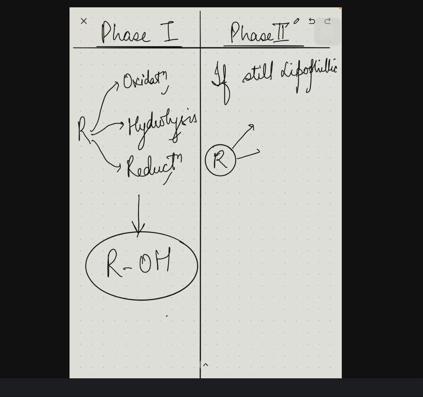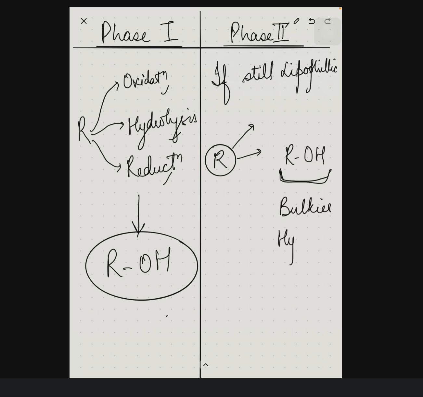These bigger molecules are like glucuronidation, acetylation, and sulfation. These add a sulfur group or acetyl group and so on in order to make it bigger, like bulkier and